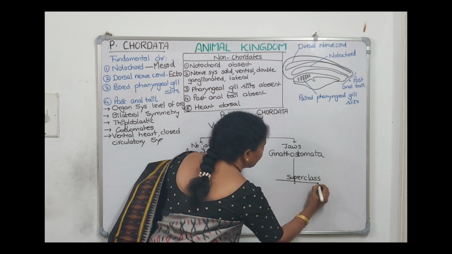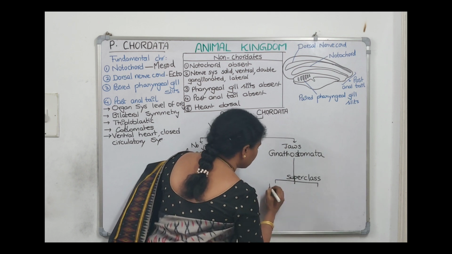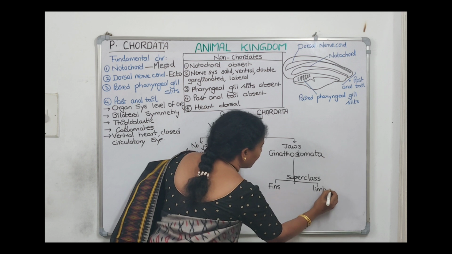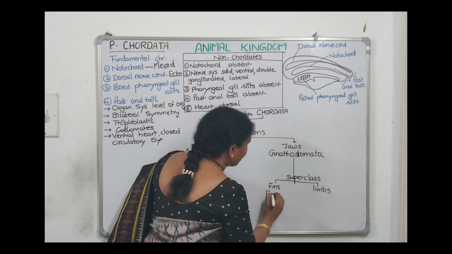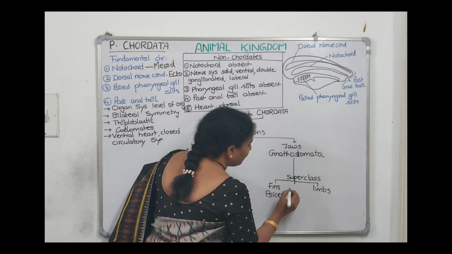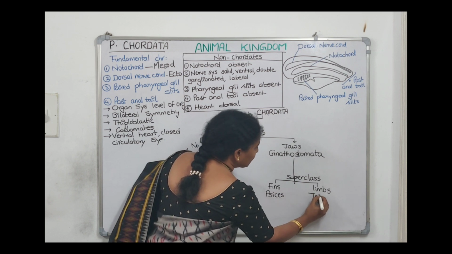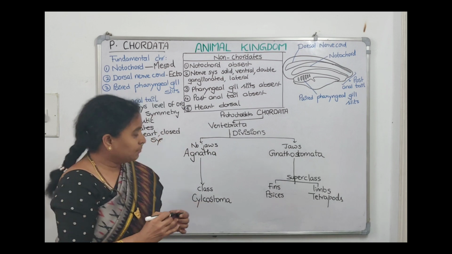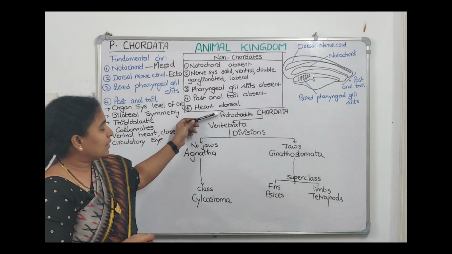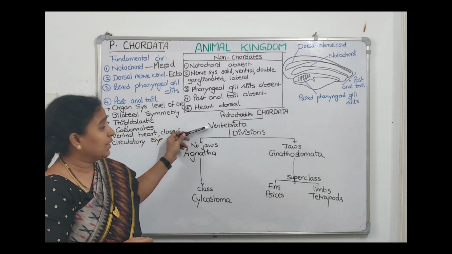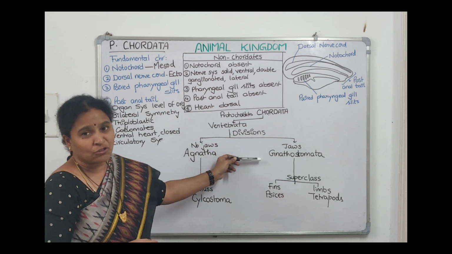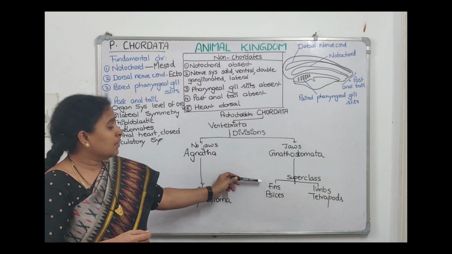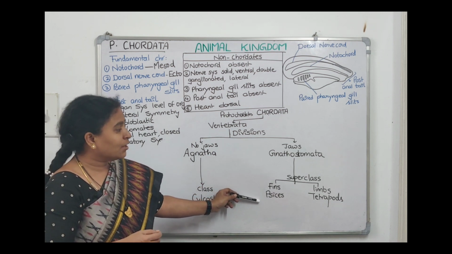On what basis are we dividing them? Whether they have fins or whether they have limbs. If they have fins, call them Pisces. If they have limbs, call them tetrapods. So the phylum is Chordata. Under that, Vertebrata is the subphylum. Under Vertebrata, the division is Gnathostomata. Under Gnathostomata, the superclass which has fins is called Pisces or fishes, and the one which has limbs